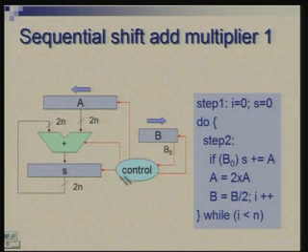So, this is the essence of the circuit. There are some details which are omitted here, but what I would like you to notice is how we are going from step to step and what each crucial step is. Each step basically involves these things: checking B naught, performing addition conditionally, left shift of A and right shift of B, and update of a counter. That counter I am not showing explicitly, it is part of the control.